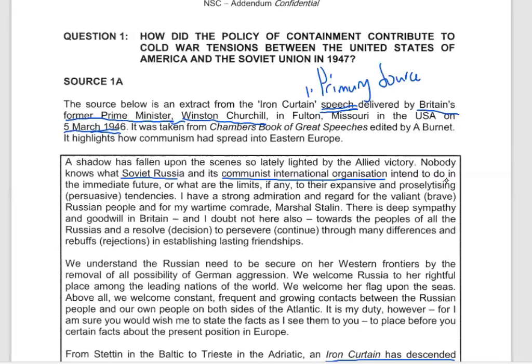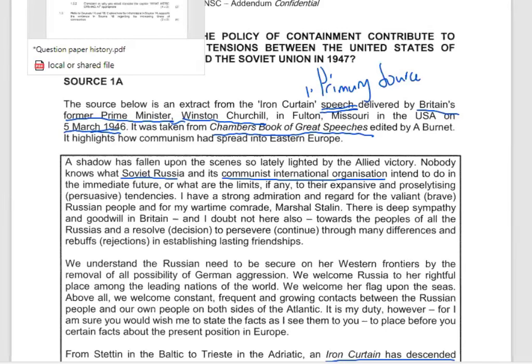And also besides that, we can also rely, because it was taken from the Chambers Book of Great Speeches, which is a reliable book that we can also safely rely on. The source where this extract was taken from, it was taken from a renowned history book, which makes it more reliable. So if you base on those aspects, you can be guaranteed that your responses will be correct. But we are not saying those are the only pieces of reliability that we can rely on. We can also figure out other possible factors that will guarantee that source to become regarded as a reliable source.